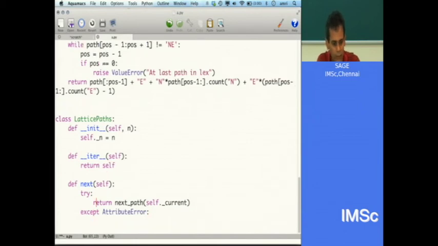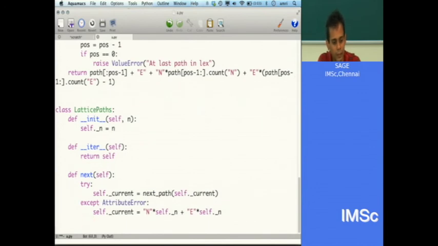Maybe we shouldn't say return here, we should say self.current is equal to... except AttributeError, in which case self.current is equal to N times self.n plus E times self.n, and then return self.current.